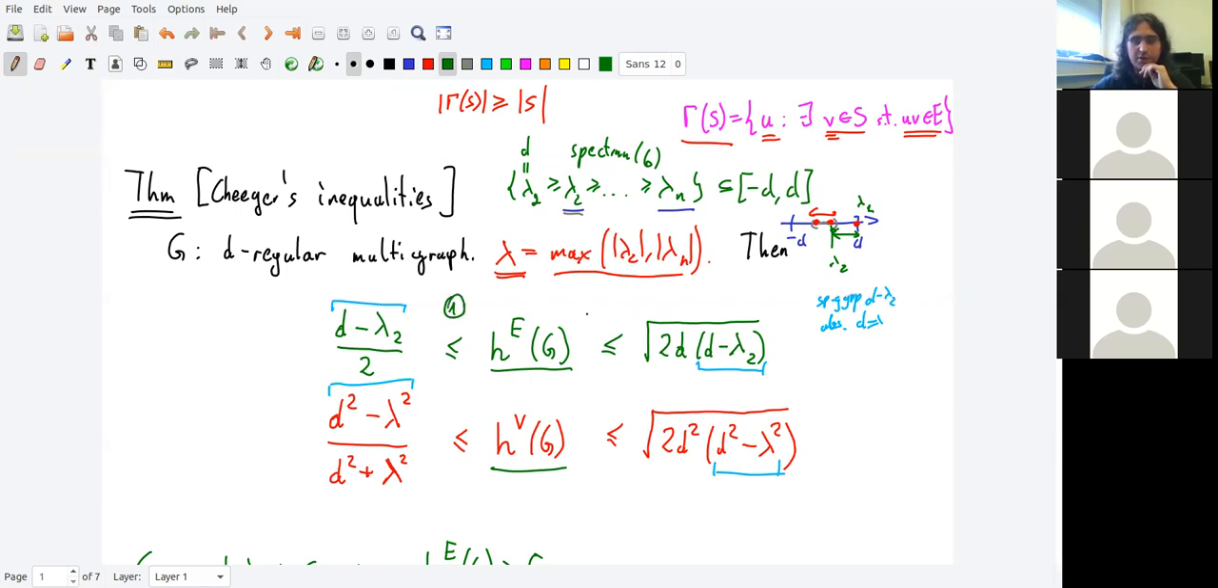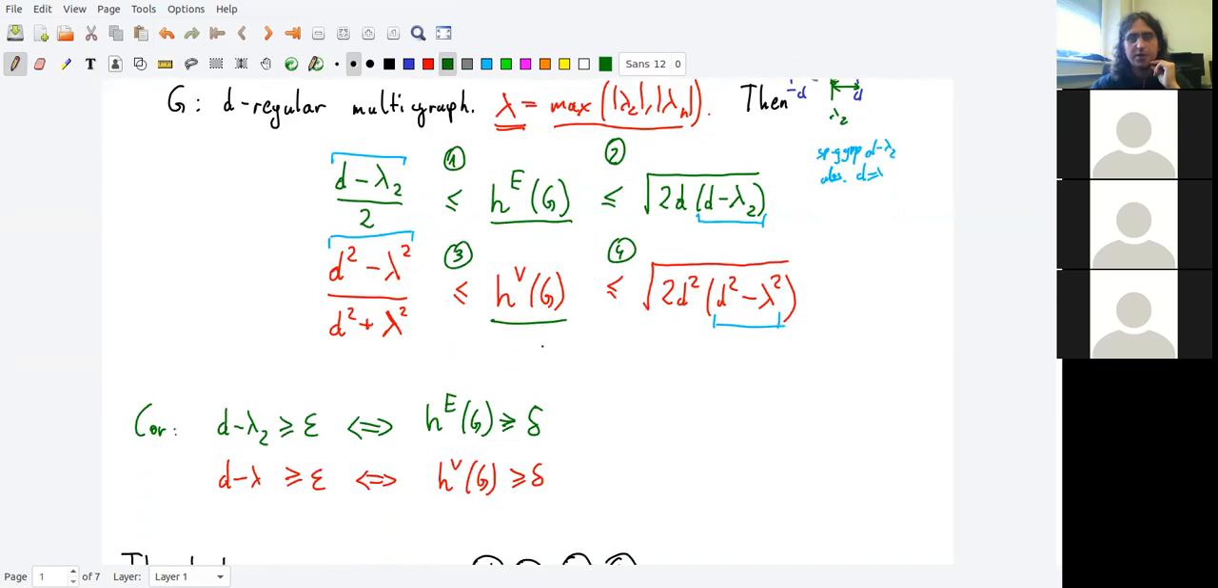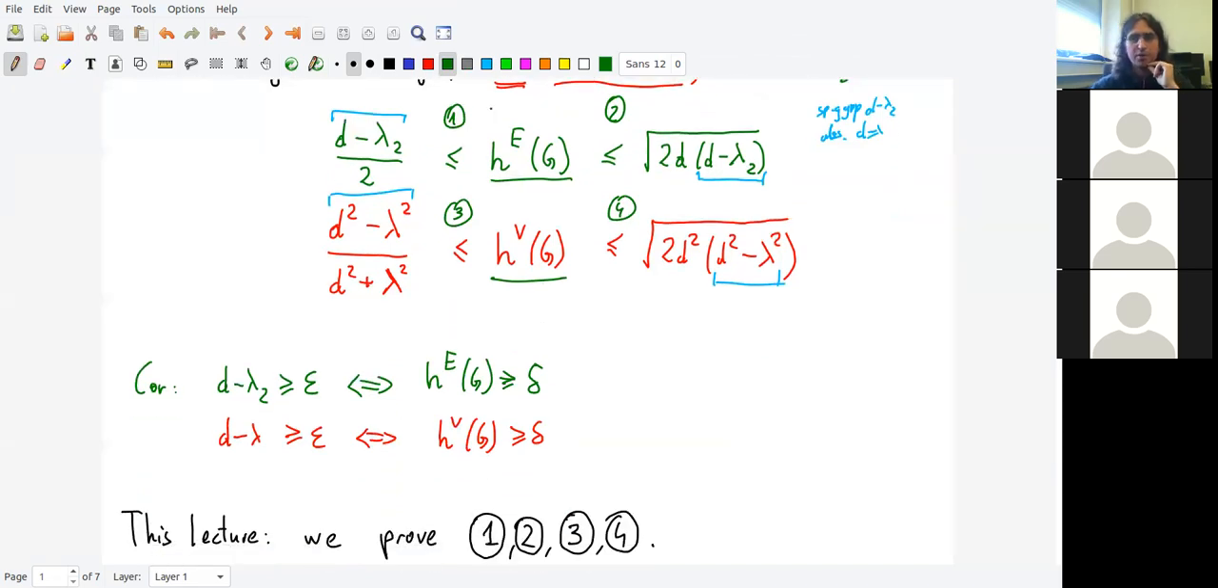So there are here 4 inequalities. And the goal of this lecture is to prove those 4 inequalities. So this is what we will be doing during this lecture. Let me just recall one thing about these inequalities. These inequalities show that